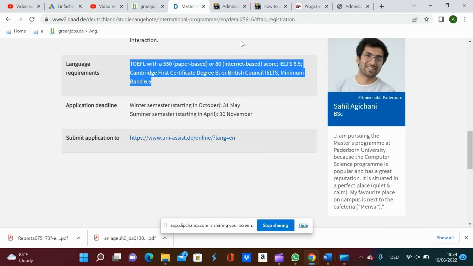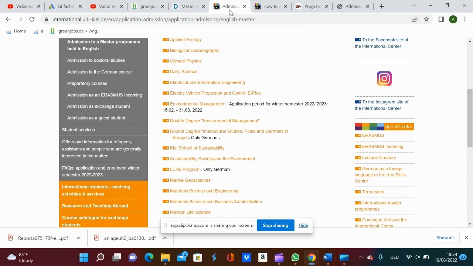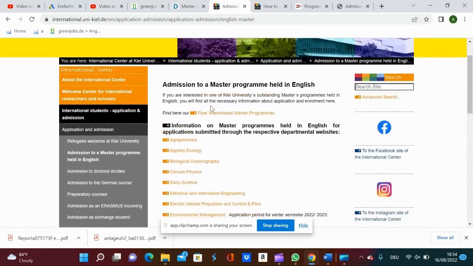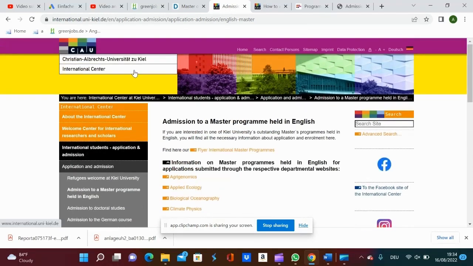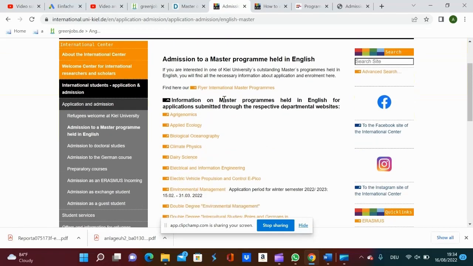As I said earlier on, the application can be done through Uni Assist, or it can be done to the school directly. So let me just give you an example of a school that you have to apply to directly. So this is Kiel University, Universität zu Kiel.